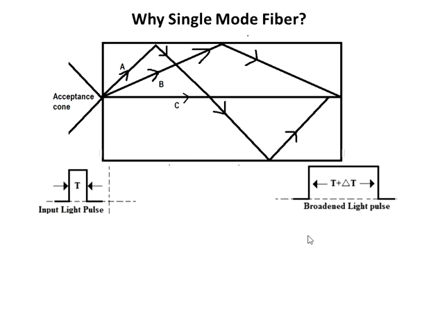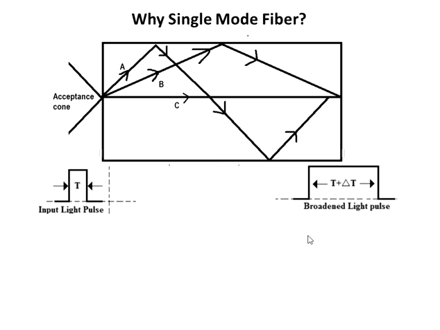As shown in the figure, different modes travel through different paths and hence they reach at different times. Because of this delay difference, the initially launched light pulse gets spread as the signal travels a longer distance. Now, the bandwidth is inversely proportional to this delay difference delta t. Increased delay difference causes reduction in bandwidth.